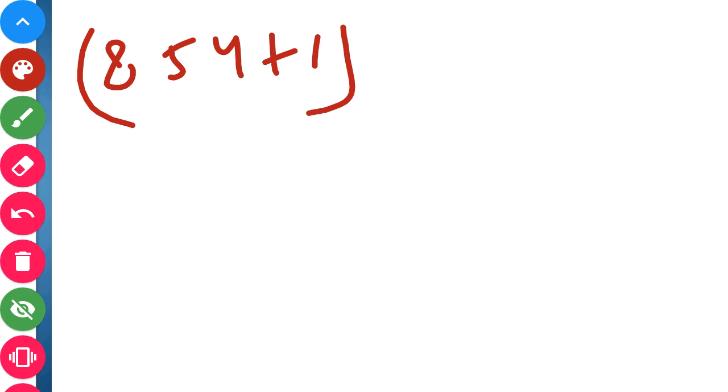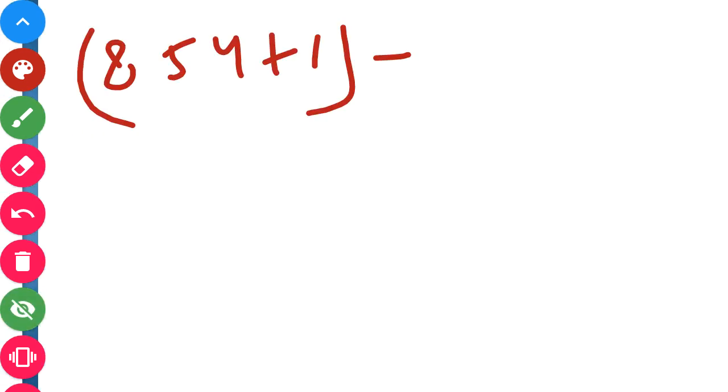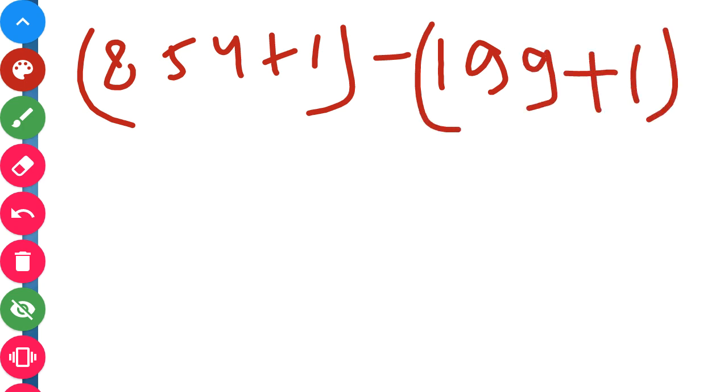854 plus 1, bracket, minus, what is our next number? 199 plus 1. Okay. So we will do by oral counting. Now 854 plus 1. 54 plus 1 will give us 855. 855 plus